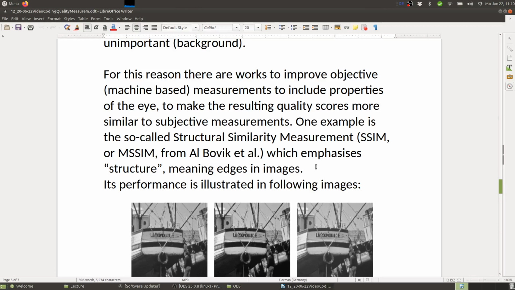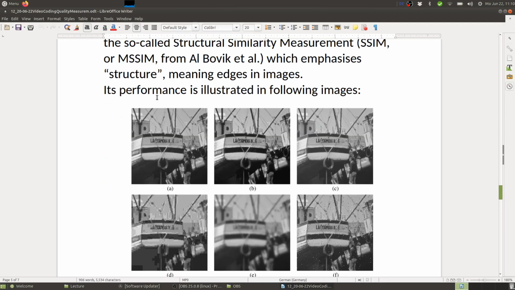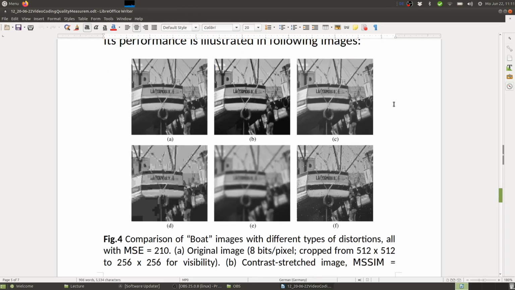Because edges outline the boundaries of objects, they give the brain a lot of information about what object it might be. So the brain focuses on those edges. So edges are important for visual quality, and this is what this measurement takes advantage of. The performance is illustrated in the following images. So here you have the original A. This is the original picture, and then you have several